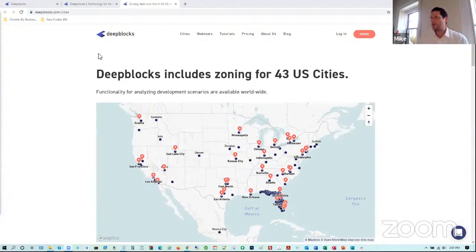Currently, we have zoning for 43 cities. We'll be adding another 50 plus cities in the next couple of weeks. We additionally have over 1,000 cities with parcel level data. We're constantly increasing and scaling out the number of cities that we have zoning and parcel level data. And in addition to that, we also have market data. So we have construction costs,